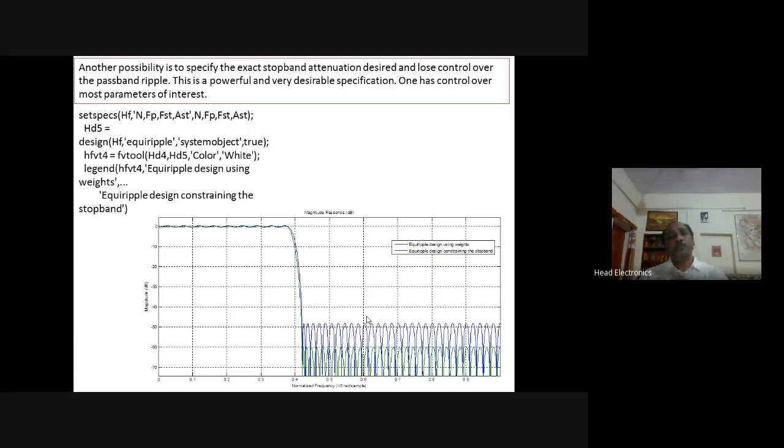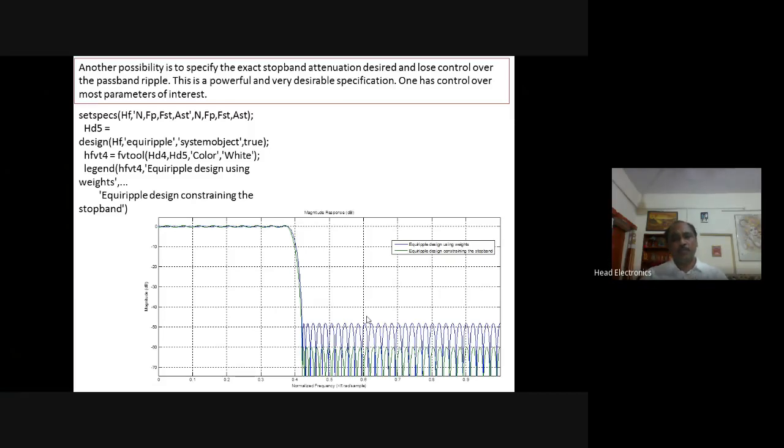Then we have moved to the second domain here, that in order to design any FIR filter, we have to maintain three parameters. One is the ripples in the pass band, then the attenuation in the stop band, then the gap between the stop band edge frequency and the pass band edge frequency, that is the transition width here.